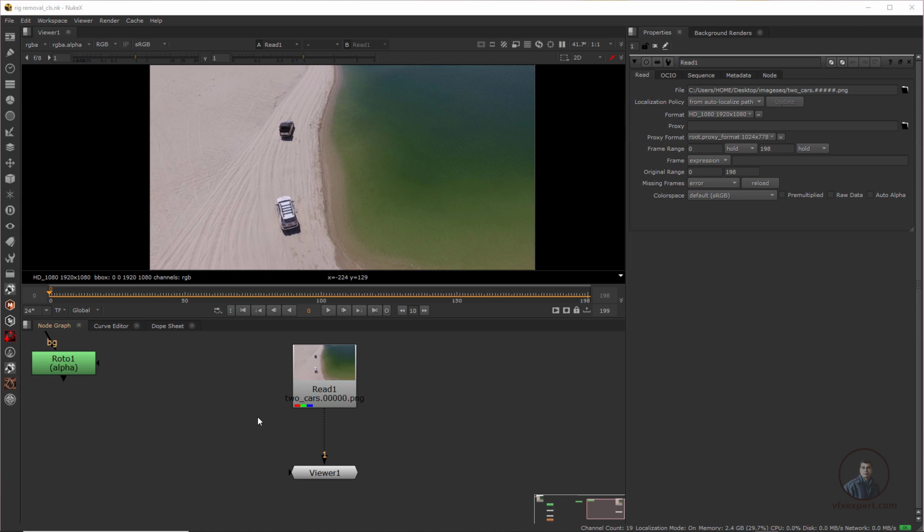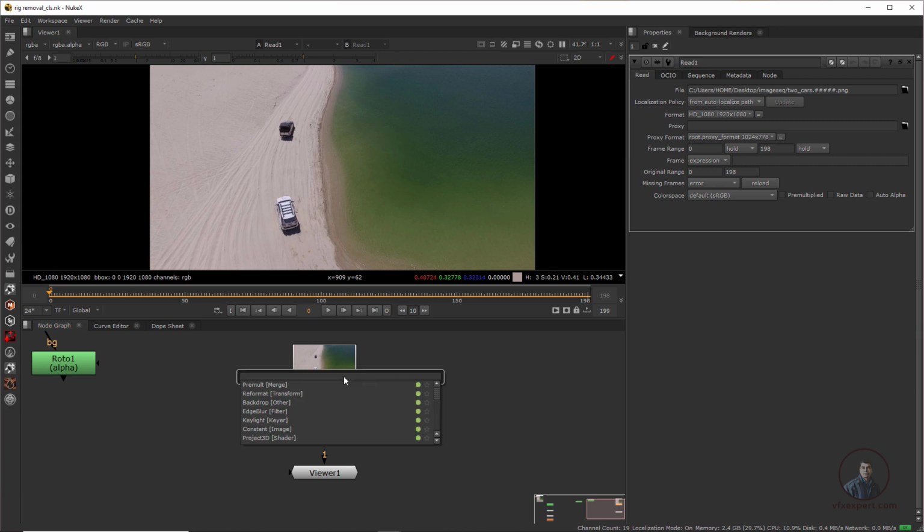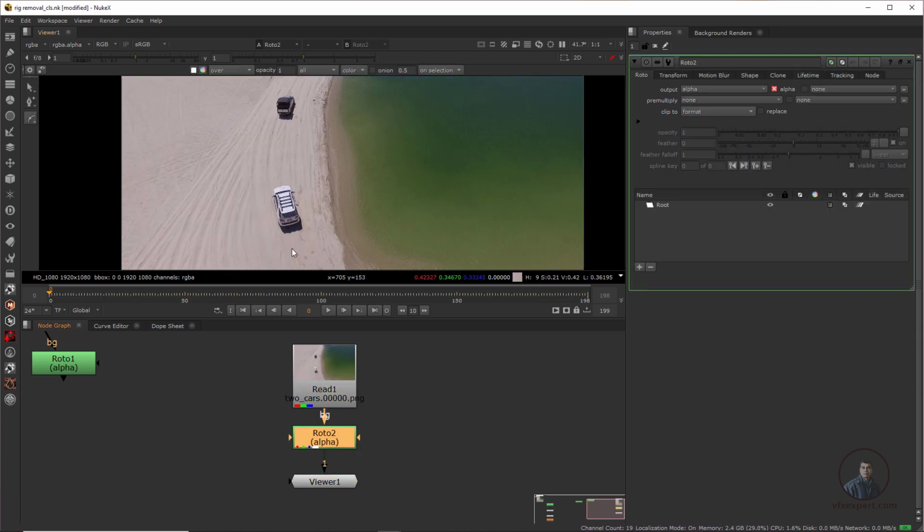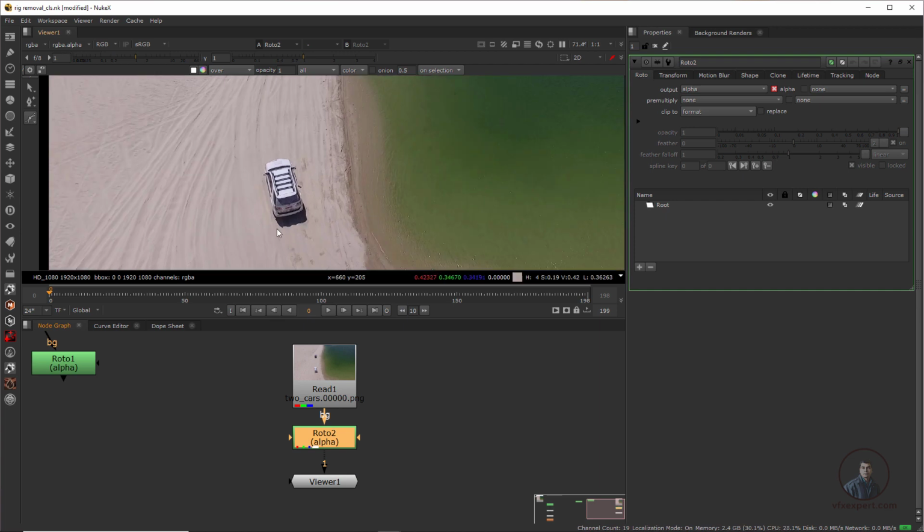So guys, in today's class we are going to see how to remove an object using the Furnace rig removal tool inside Nuke. First we are going to remove this curve from this shot. For this, first we have to take a roto node. Just select this footage, press tab, take a roto node and attach it after this footage. Then just create a shape according to this object.